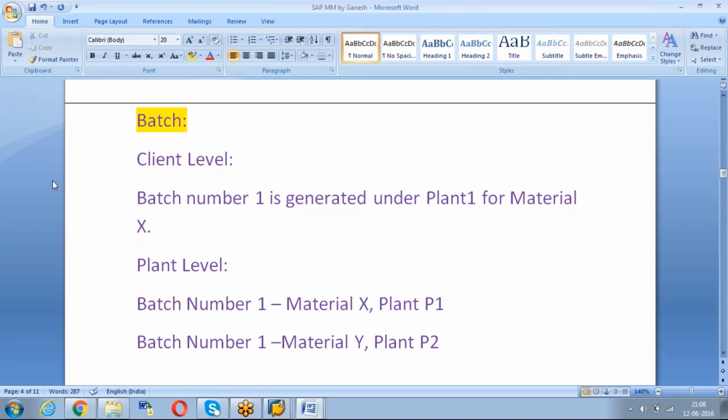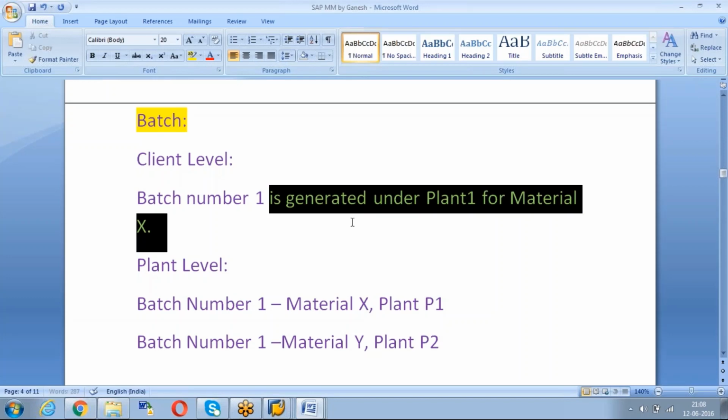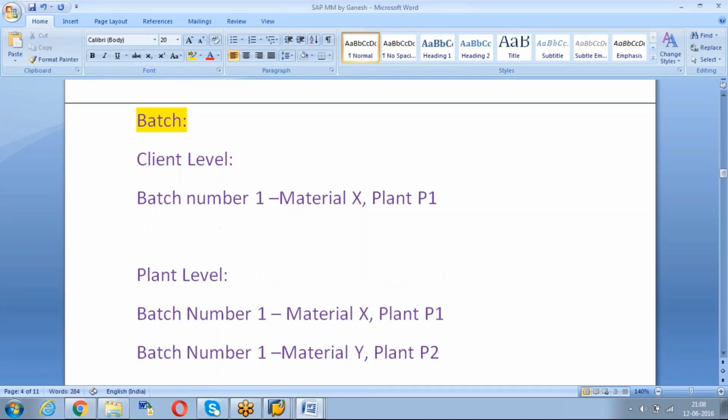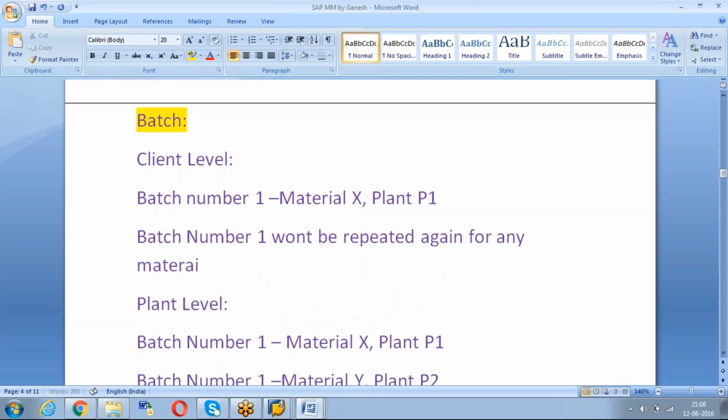Each plant will have batch number 1, batch number 2, batch number 3, like that. And here, batch number 1, plant 1, material 1 means batch number 1 will not be repeated again. For example, batch number 1, material X, plant P1, then batch number 1 won't be repeated again for any material under any plant. Understood this point?